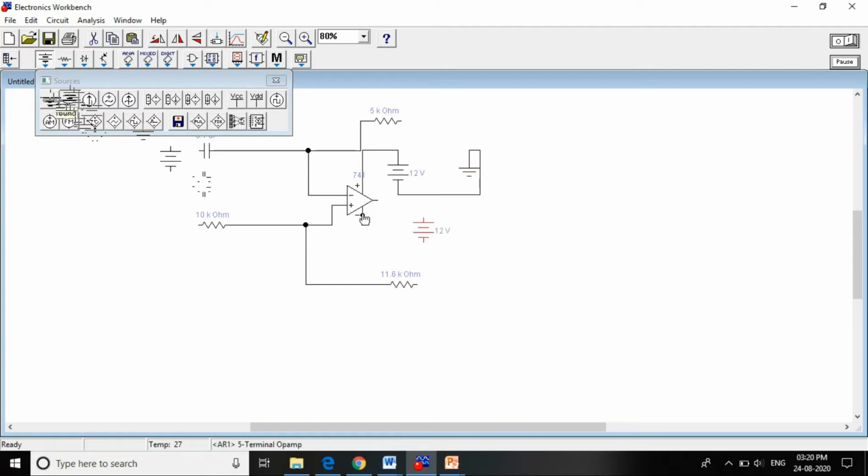So negative will connect it to your minus VCC. Okay, this represents minus, this represents plus, and here it is connected to what? The ground. So you select one more ground here. Okay, then plus is connected to what? Ground.